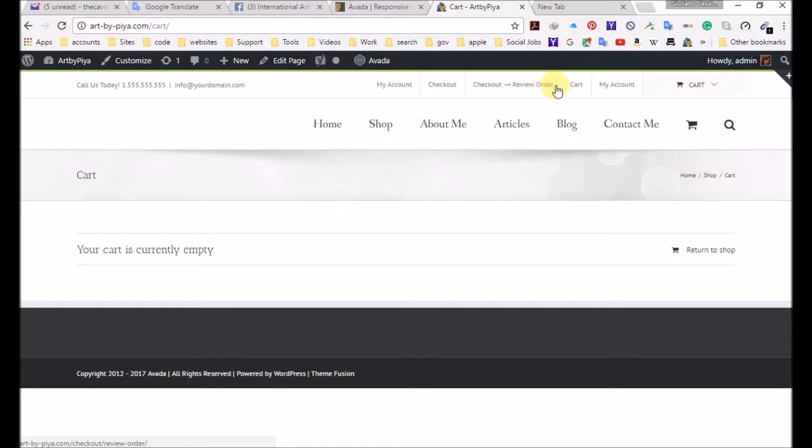Alright, now my account, the cart, review order. Now this menu doesn't do the sublink. Like if you go on top of it, it doesn't create a secondary menu. It doesn't go into a child, we can say a child page, or an additional page, whatever you want to call it. Like, okay, this one does though. It logs you out, so